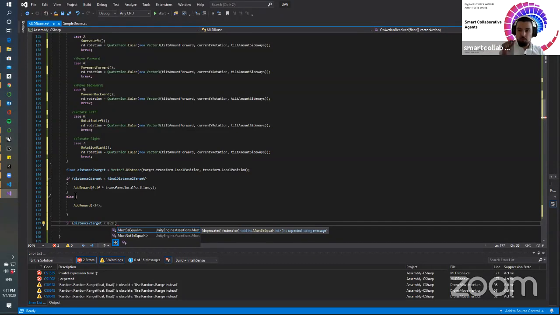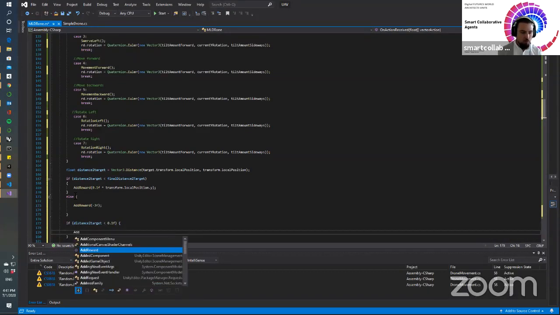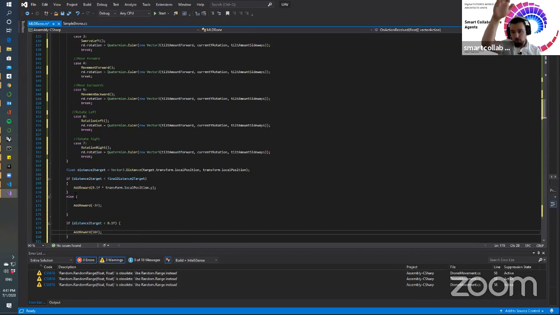If that distance is 0.1f, basically you're touching the target, right? You don't need to collide right now. You're so close to the target that you want the reward for hitting the target. So here we will say add reward, and we will give it, in this case, because it's more difficult, 50 points. This will boost our